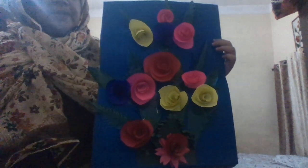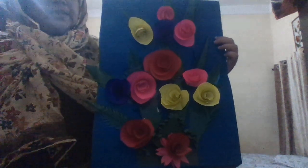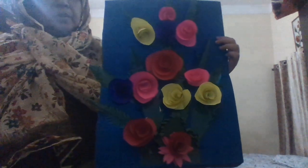This is a very simple wall hanging to make, and for this you need color paper, scissors and glue. To begin with, you need sheets of color paper which you're going to fold